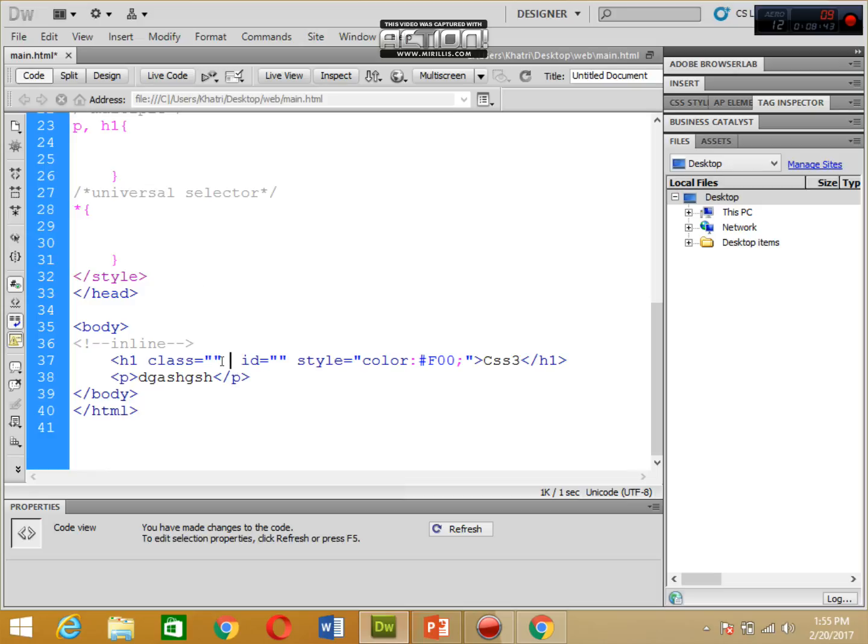I hope you understand all the programming features, and I have already made lots of programs on the C programming language, so you have to understand it. You can work on the assignments easily, and you can become proficient with these things, with these properties, with this tag and with this CSS. I will make lots of tutorials. This is my mission. If you visit my videos, then you can understand all the things.